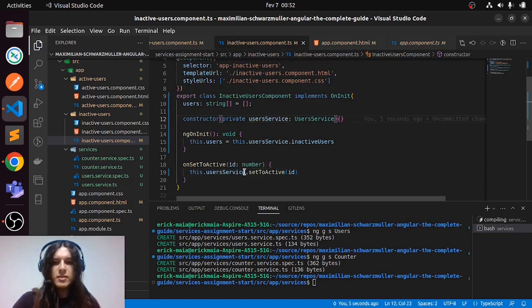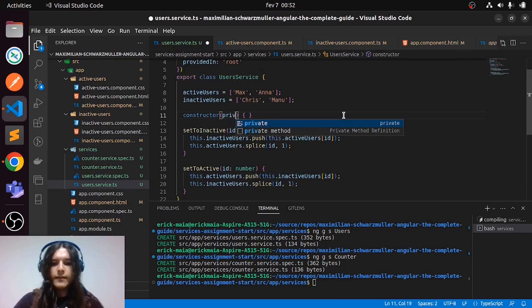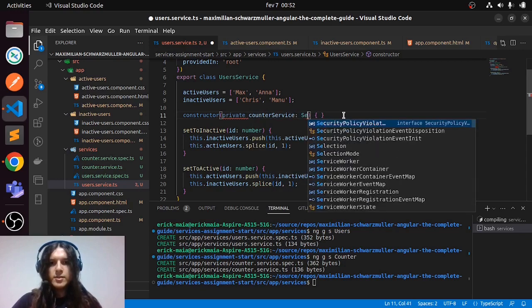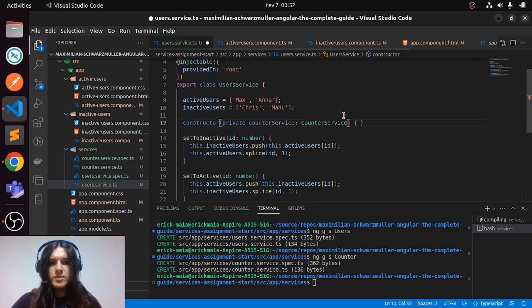This is not needed at all. So let's go there at the user service, and I will inject our counter service of type counter service,